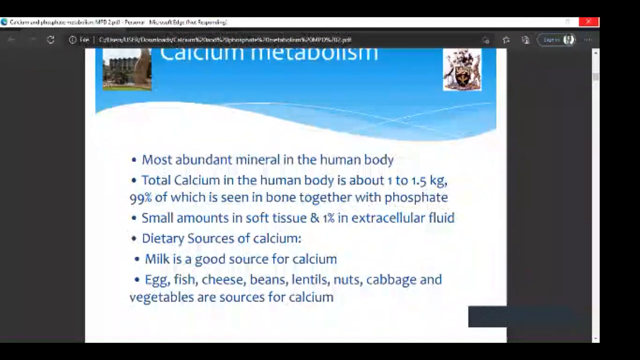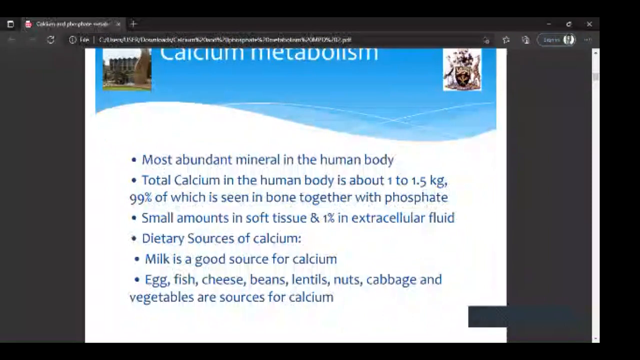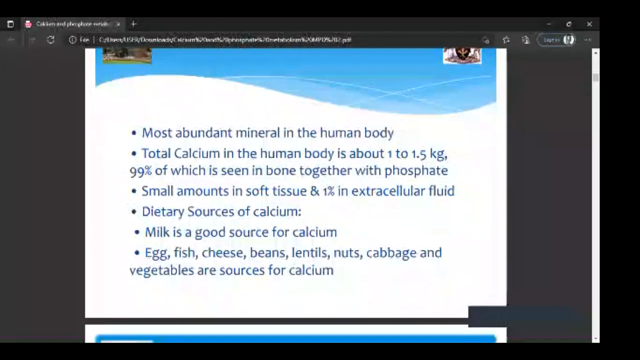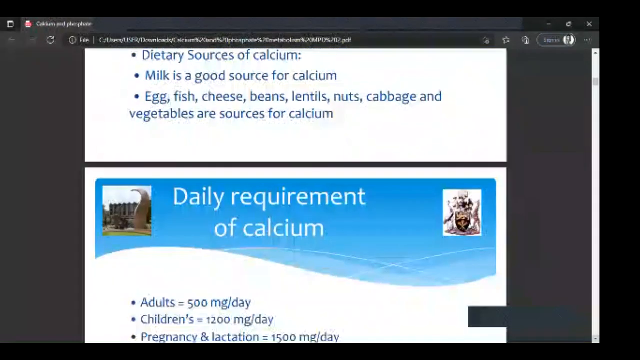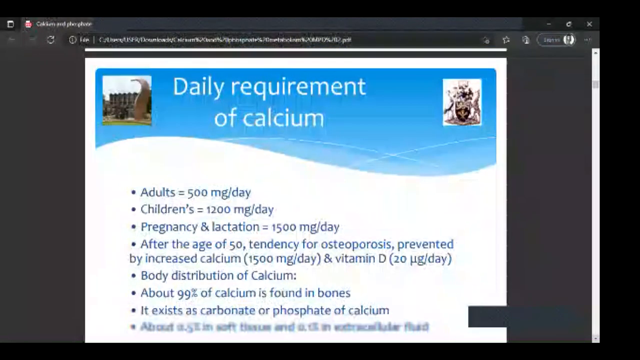So we have dietary sources of calcium, and milk is one of them, which is a good source. But you also have eggs, fish, cheese, beans, lentils, and cabbages, and vegetables. So you see we have a wide variety of sources of calcium. What is the daily requirement? Usually adults need about 500 milligrams in a day, and children 1,200 in a day. Pregnant women and lactating mothers basically need slightly more than children,